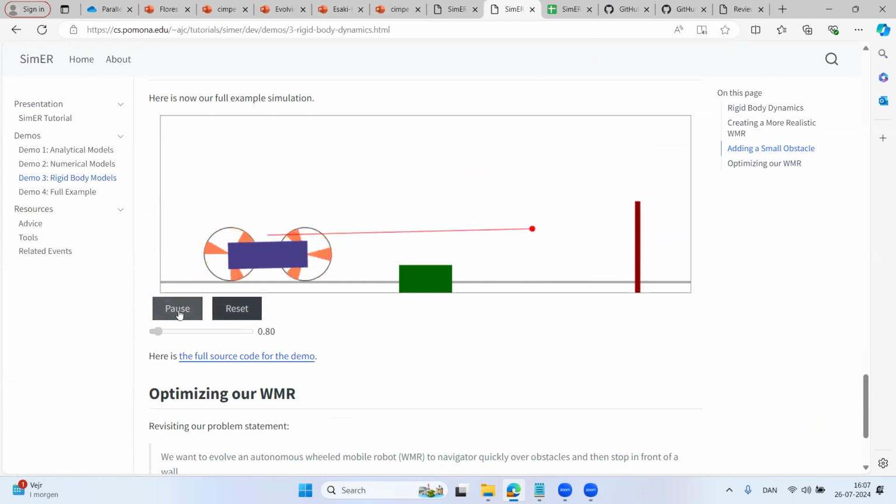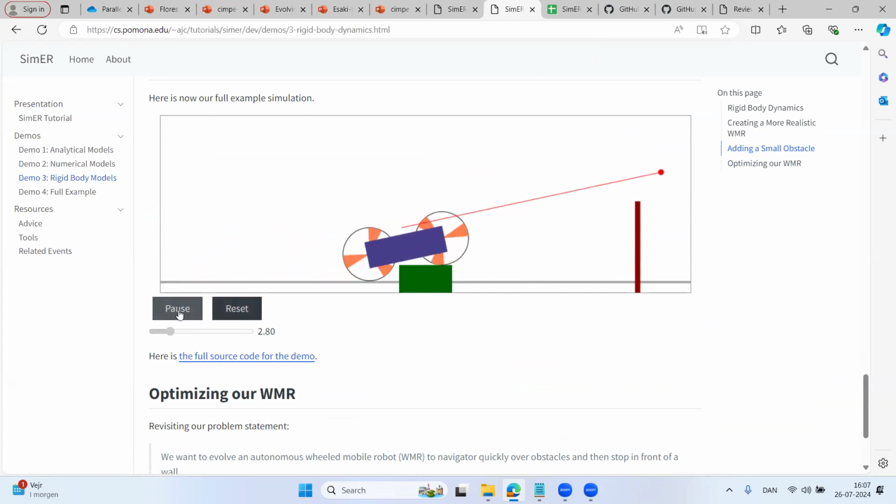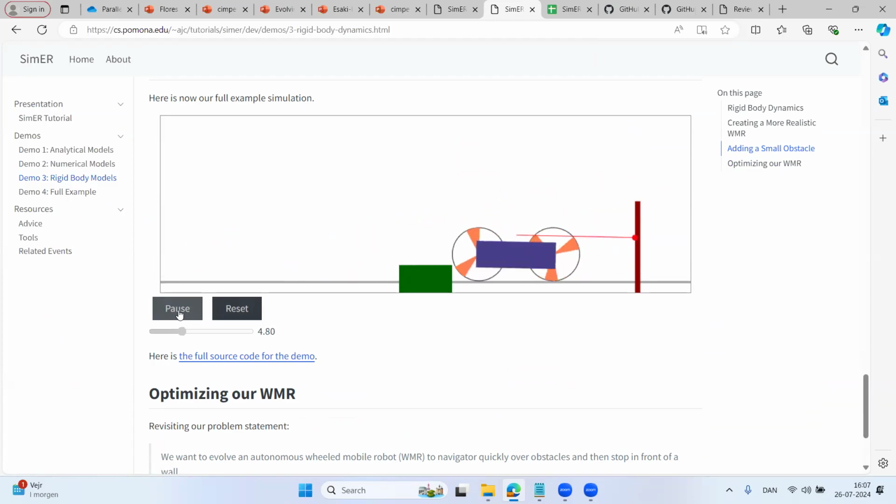So I want it to go forward, hop over a step, and then once it's over the step, stop in front of the wall at a specific location that I'm not actually going to tell it. If it runs into the wall, I'm going to penalize it. If it gets stuck on an object, I'm going to penalize it. I'm going to reward it for things like doing this quickly and doing it without tipping over.